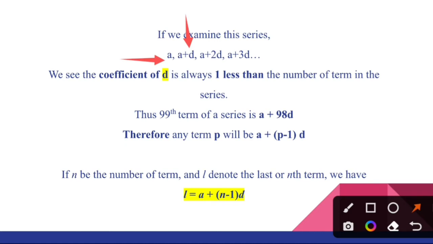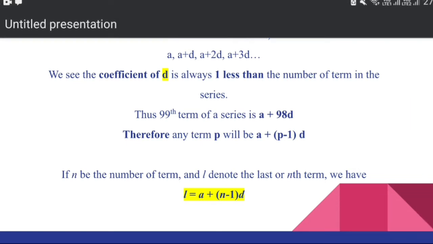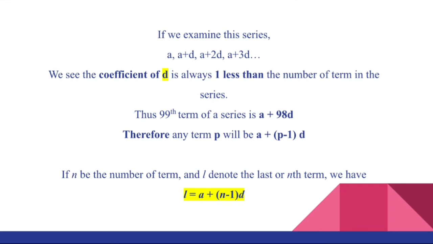Now notice this is the second term and the coefficient of d is 1, because a plus d can also be written as a plus 1d. So this is why we can say that the coefficient of d is always 1 less than the number of the term of the series. So if you say the term number 1000,